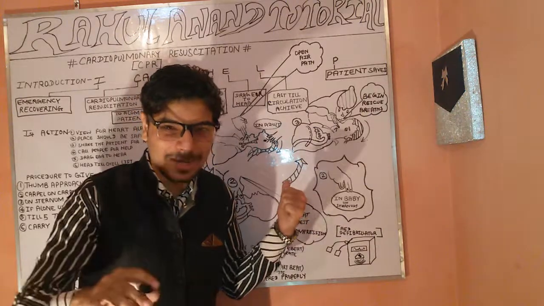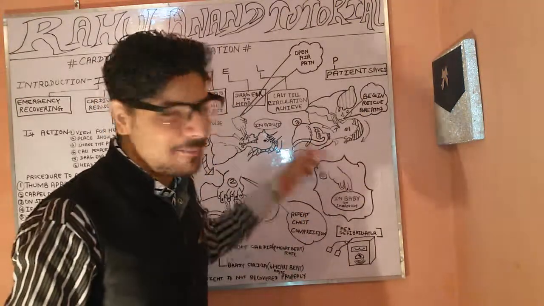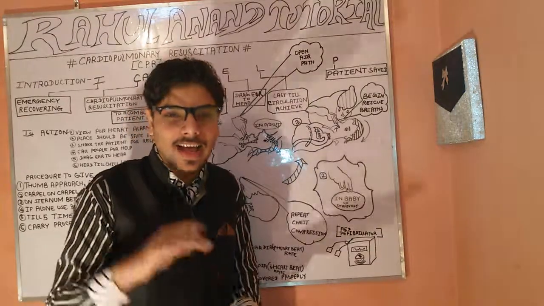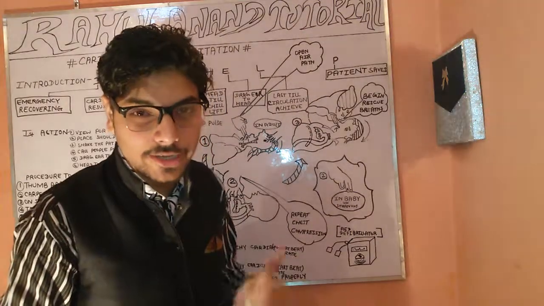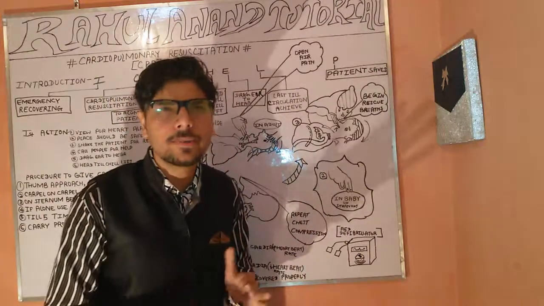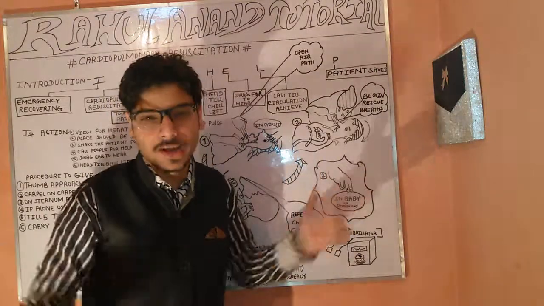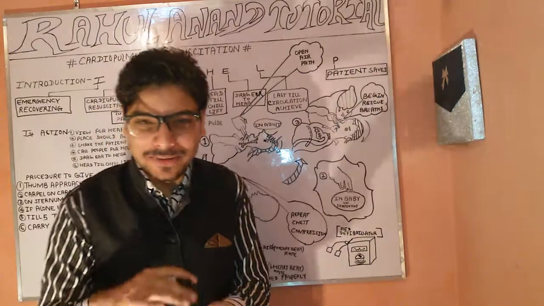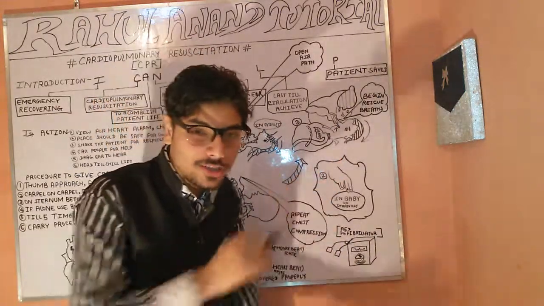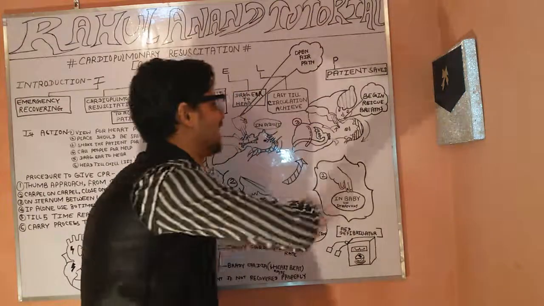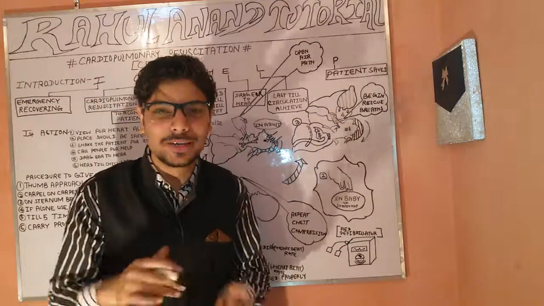30 chest compressions, then 2 rescue breaths. After that, this process should be repeated for 5 cycles. All this procedure which I am demonstrating here should be done